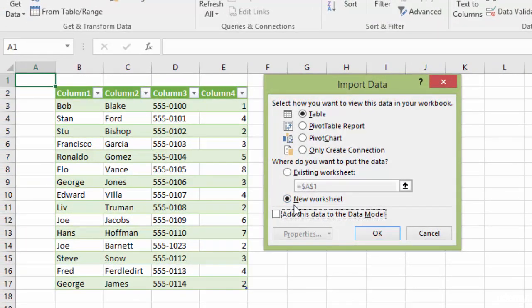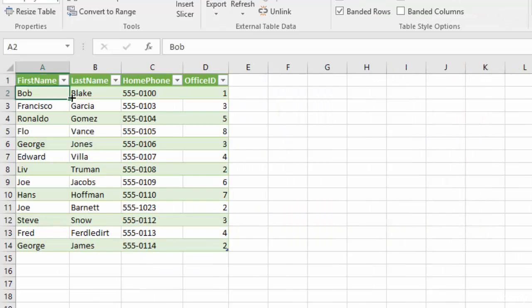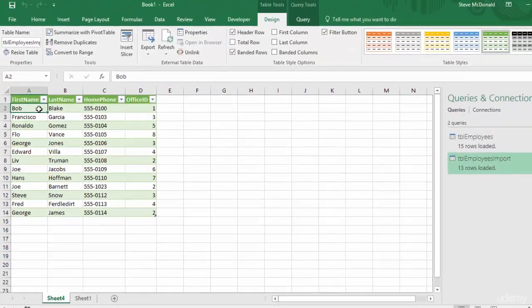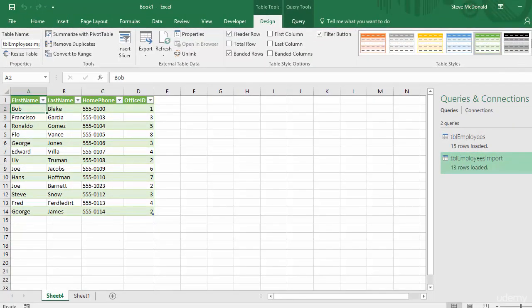And in this case we're going to go to a new worksheet and click OK. And it brought the data in as a new worksheet. And again, it's formatted it as a table. And if we didn't want it to be formatted as a table, then we could go up to our table styles here,